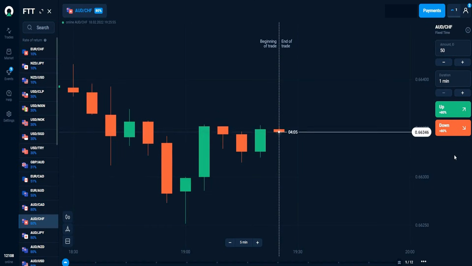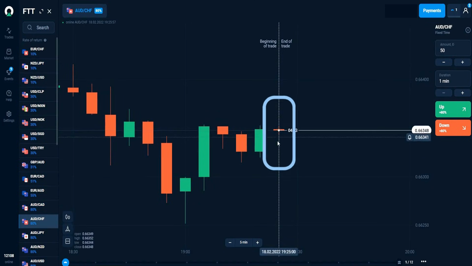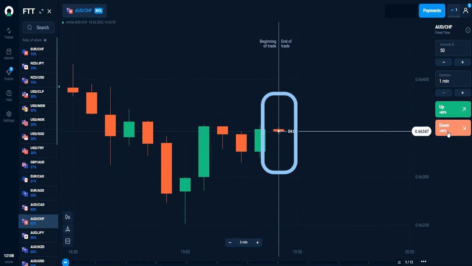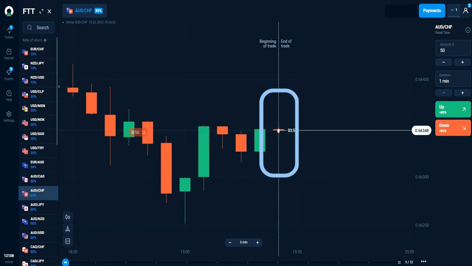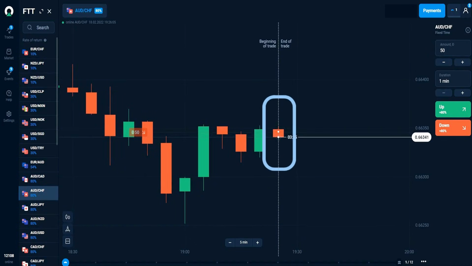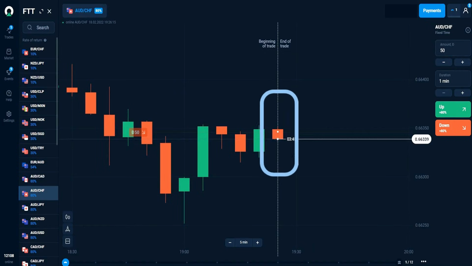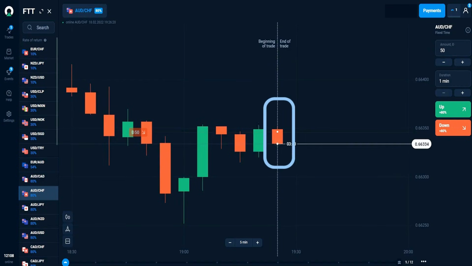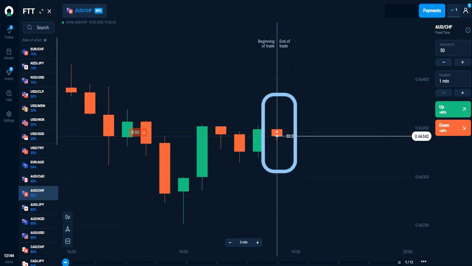Now let me show you this strategy live on the chart with real examples so that you can understand it clearly and confidently. Here you can see we are inside a 5-minute candle, and the first 1 minute of the candle is already completed. Now the candle is clearly firm red, which means selling pressure is active. We are also inside the middle 3 minutes of the candle, so trading is allowed as per the rule. Trend direction is already downward, and the current candle is continuing in the same direction without strong rejection. So based on red candle confirmation, middle zone timing, and downtrend continuation, a 1-minute sell trade is placed at this